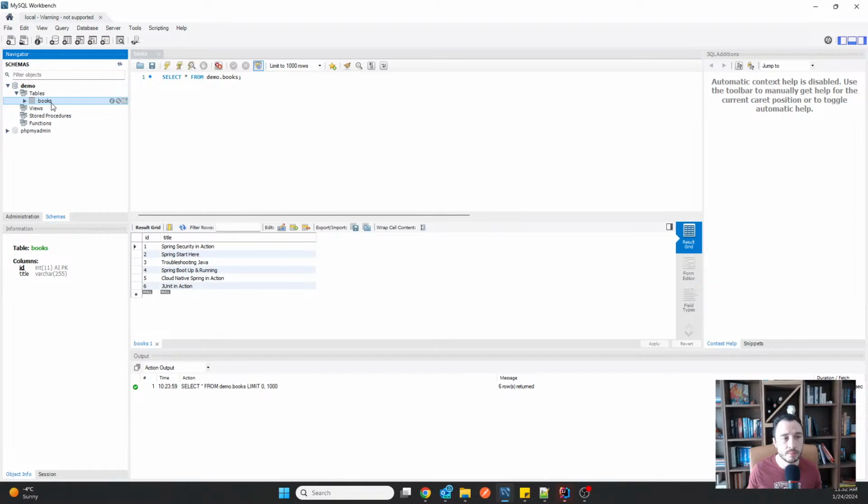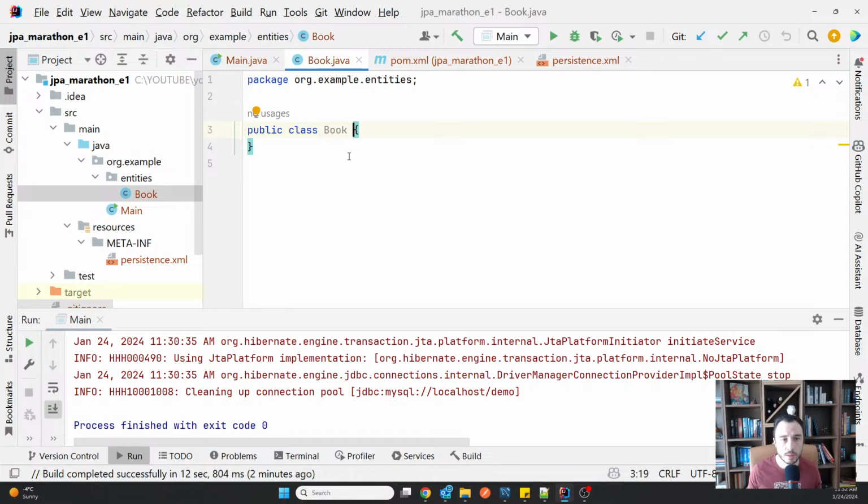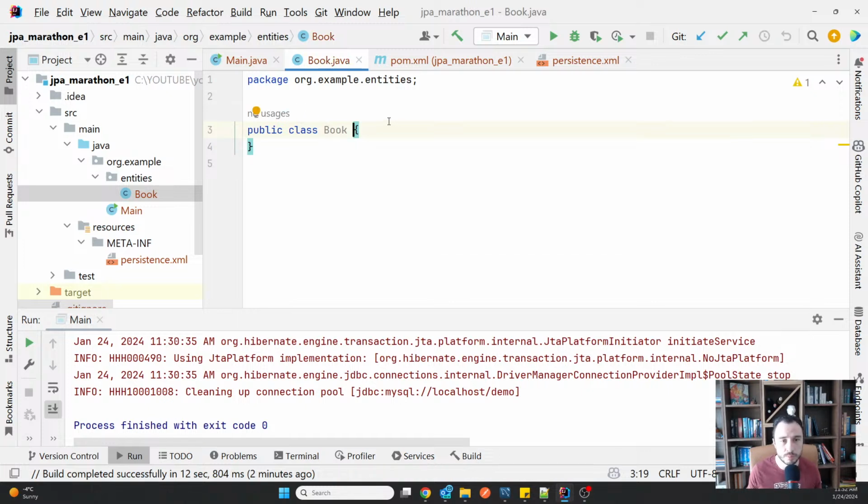So the name of the table is not exactly one-to-one with the name of my class, but that's normal because in many cases you will end up with tables using the plural form of the entity, while in Java we know that names of classes do not use plural, so they will always be like Book, Author, Shop, Product, and so on.